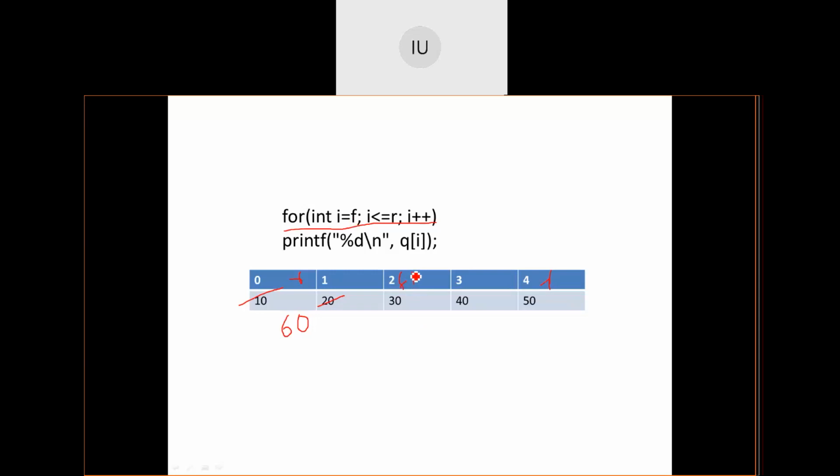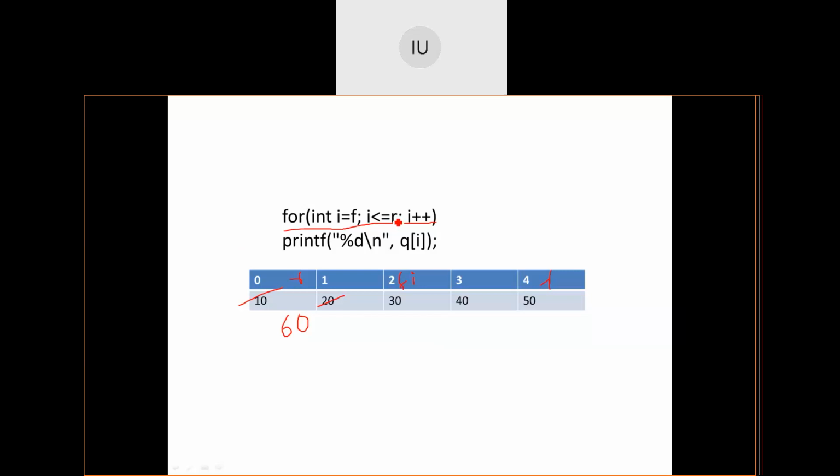I will start from 2. Then 2 less than equal to rear fails here. Why? It is just because 2 is less than equal to the current rear value 0. Is it true? No, it will never enter the loop.